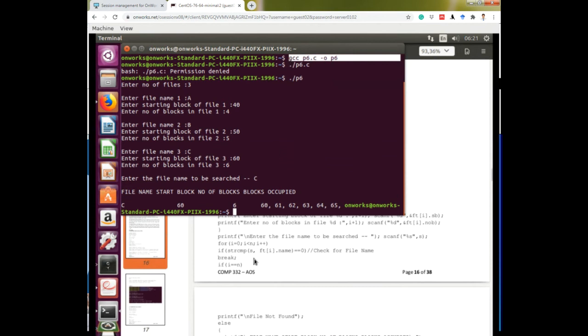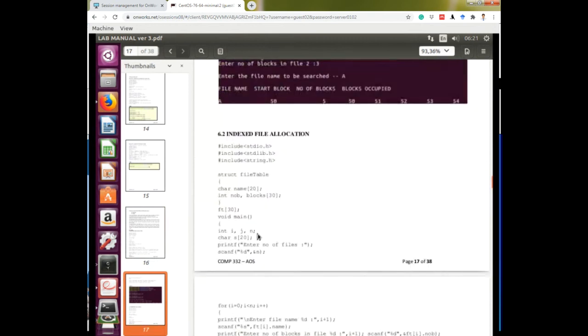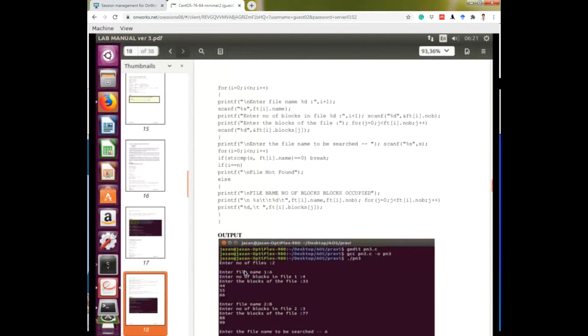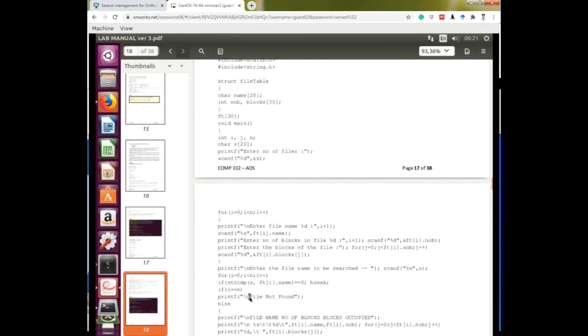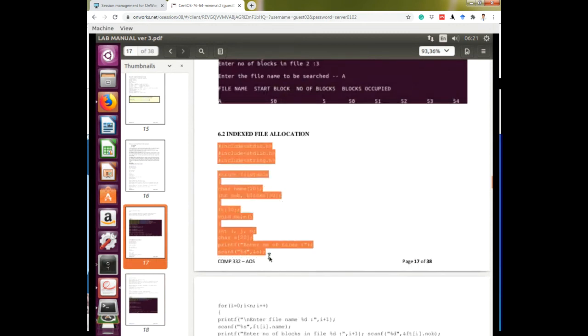This is 6.1. Now we will go for 6.2, file allocation. We first run this program, then we will see how it works.